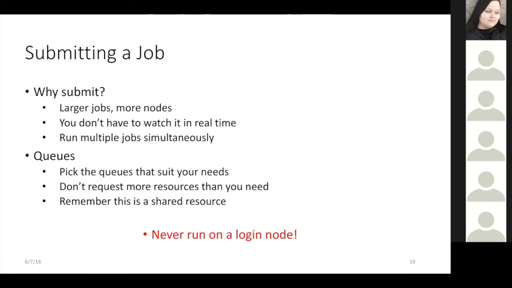The most important aspect of this is that you don't run on a login node. You can submit the job from the login node where you say SBatch and then your job file name. But what you don't want to do is start Python from the login node. If you are sitting on a login node and you just type Python, that starts running the Python program on the login node. Because the login nodes are shared, this takes up a lot of resources and will slow down other users. So just remember that if you're doing any computation, it needs to be sent to a compute node.